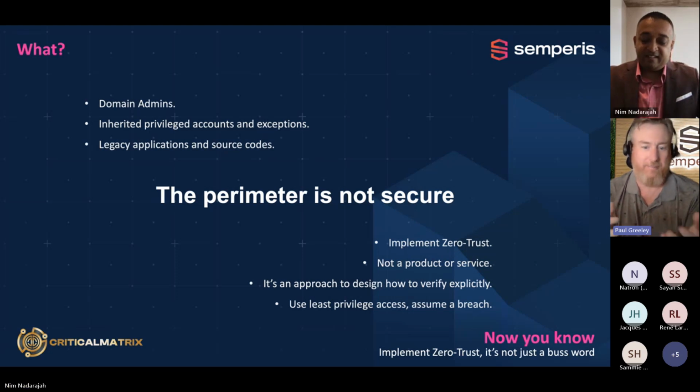Gain visibility into your endpoints, gain visibility to your perimeter, how identities are being used, check in and check out of privilege. We were talking the other day, Nim, about one customer who told me they were completely scrapping password policies and password complexity because Microsoft told them to. I was like, no, you didn't read the whole article.